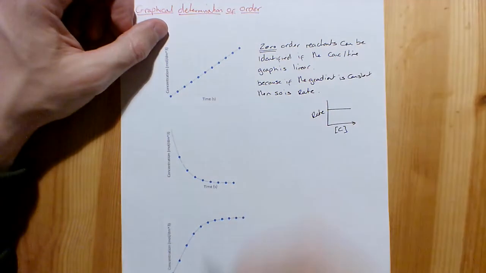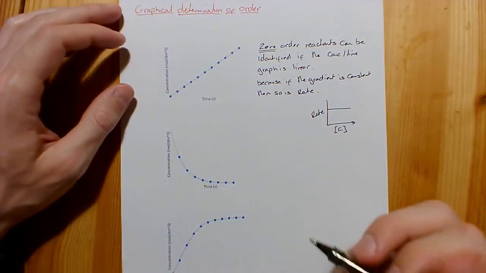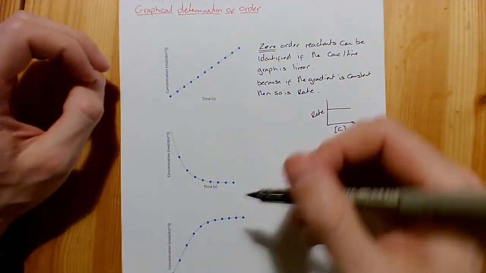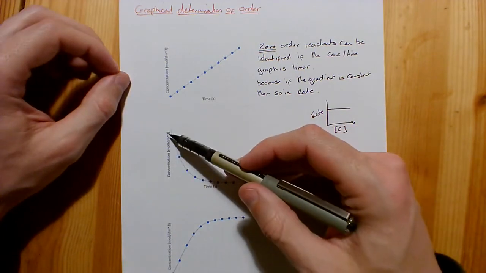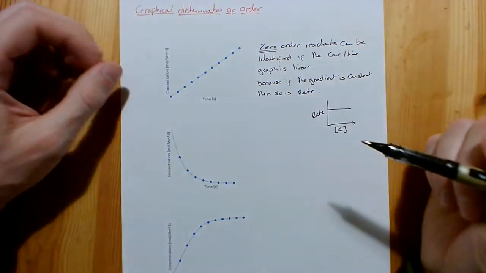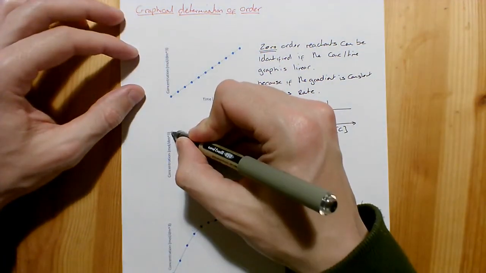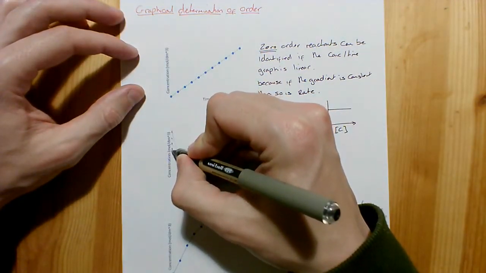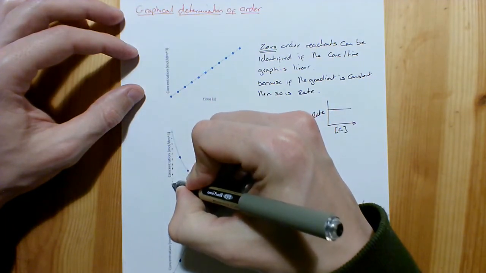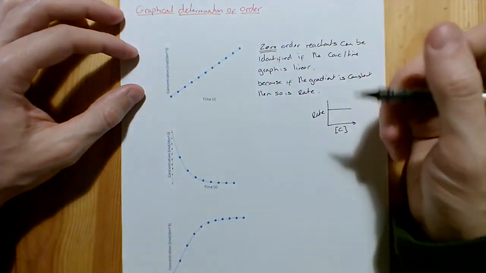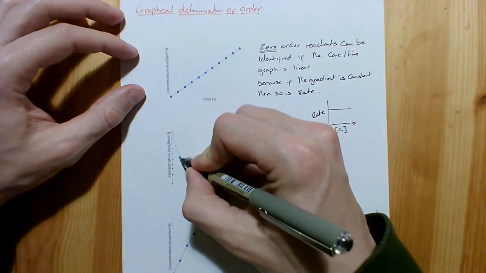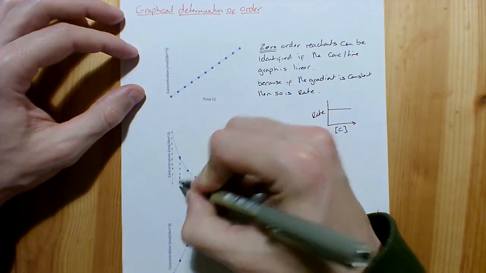So what you will notice is in a first order reactant, the half-life of the concentration is constant. So what I mean by that is if you look at the starting concentration and then the time taken for that concentration to halve,